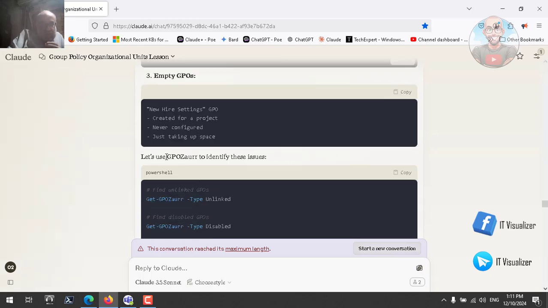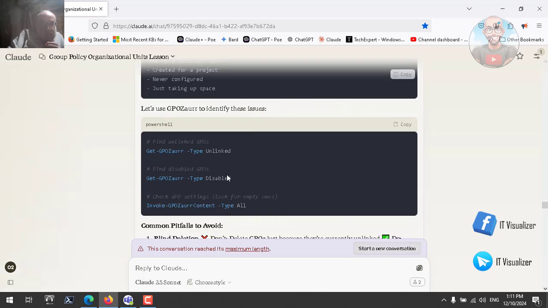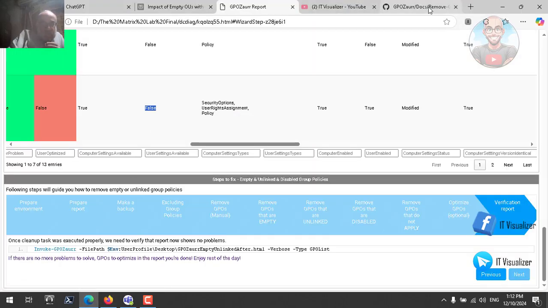So let's use PowerShell to identify these problems. Get-GPO with type unlinked, Get-GPO for disabled. Check GPO settings, look for empty ones. Invoke GPO content, type all. I think we have a command like this. If we go there,